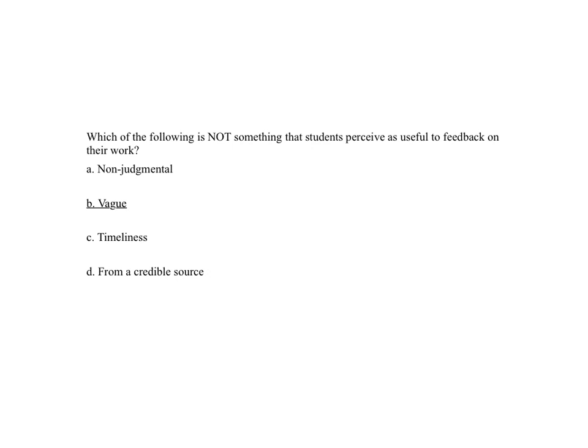So we have to, obviously, look and see that the question has a "not" in it. And vague feedback is not good because students need to know where they need to improve. And in order for them to improve, teachers giving feedback, or whoever's giving feedback, need to be as specific as possible. They need to point out where the student needs to improve, how they need to improve, and that is how students can progress.